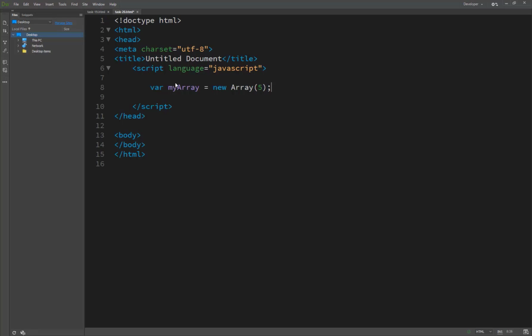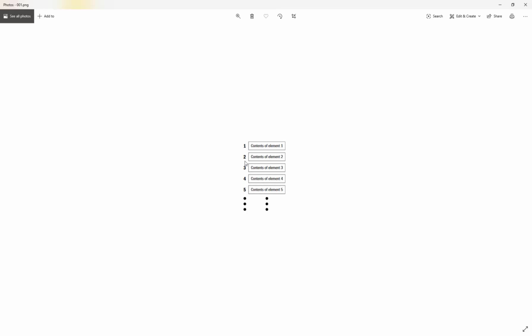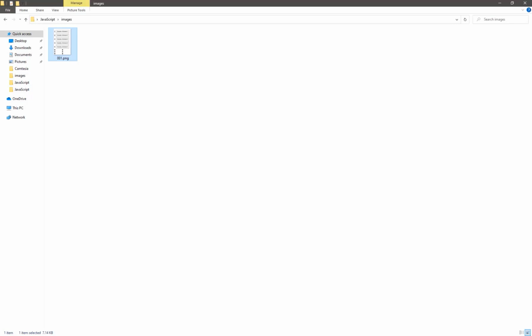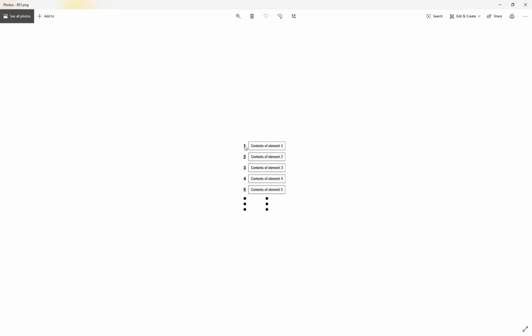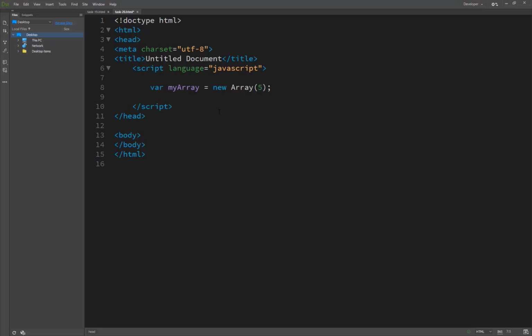We pass 5 indexes, and as I already told you in the images, these are indexes 1 2 3 4 and 5. When we write 5 here, basically we have created the 5 indexes. So this is the technique of creating an array, and our array is created. And inshallah in the next lecture we will populate an array.